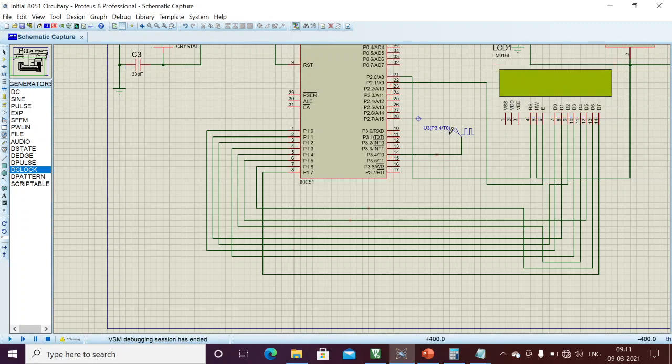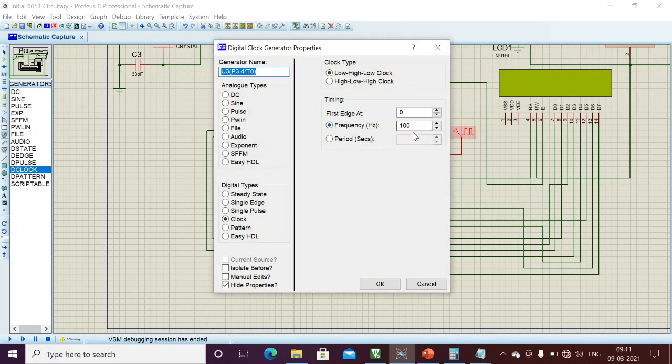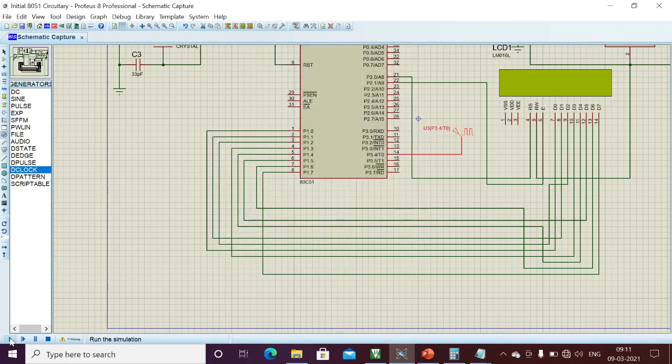In a similar way, I can give the maximum value also. Here I will give 1000 Hz. It is much faster, and it will increment with all the counting pulses. With 1000 Hz, it counts in a very fast way, and we complete 255, and 255, and 255 until we are able to count 65,536 pulses in this mode. That's all, friends, for today.